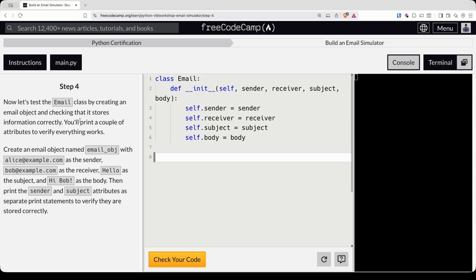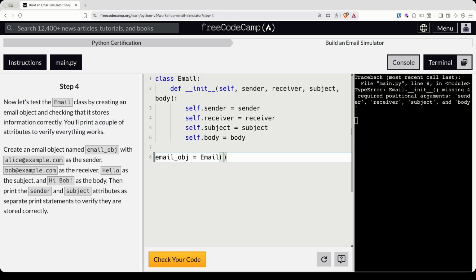Step 4. Now let's test the email class by creating an email object and checking that it stores information correctly. You'll print a couple of attributes to verify everything's working. So email object equals email, and then